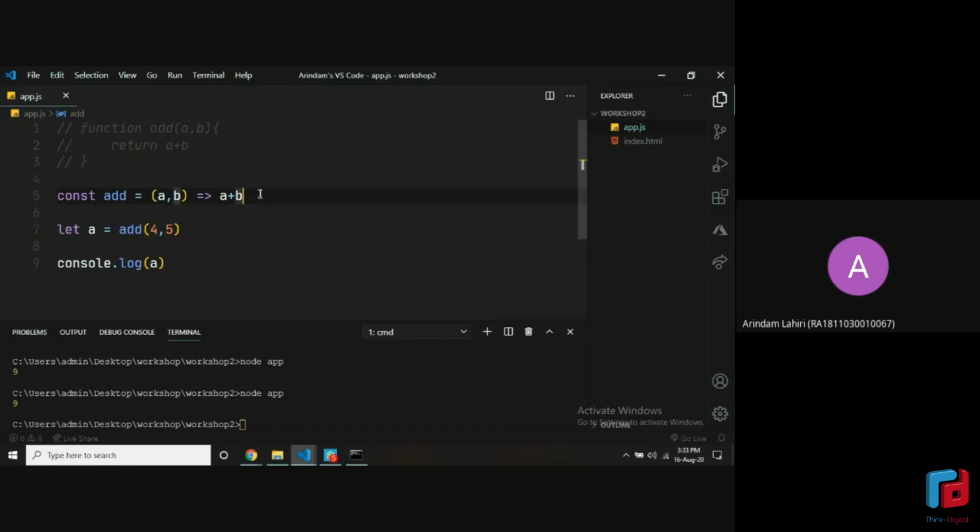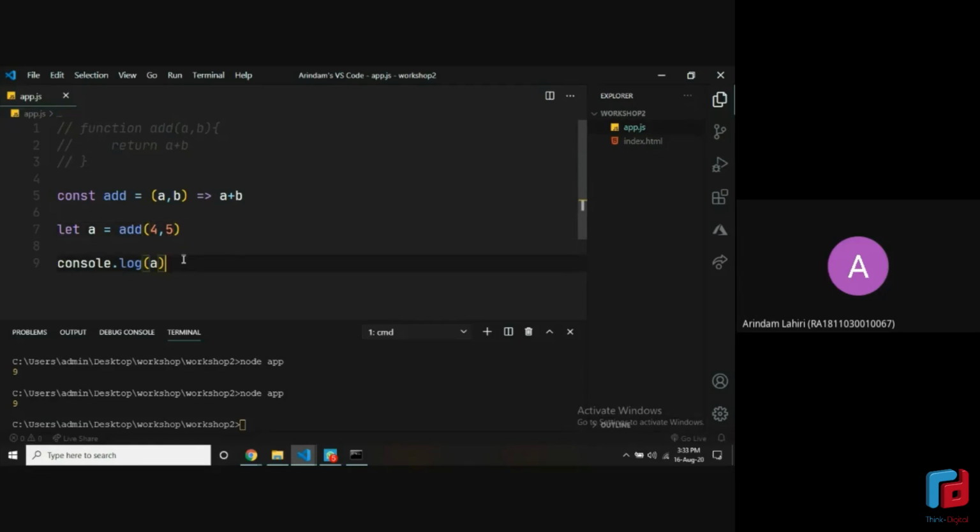Now, how arrow functions work is that whenever it's only one line of code, it will compute that line of code, and whatever it brings, it will return it from the function. All right. So if I run this again, it will again give me 9. Because in arrow functions, when you're only writing one line of code and that's returning something, you can just get rid of return and whatever you write will be returned. All right. Make sure you're okay with this because we'll be needing this ahead.